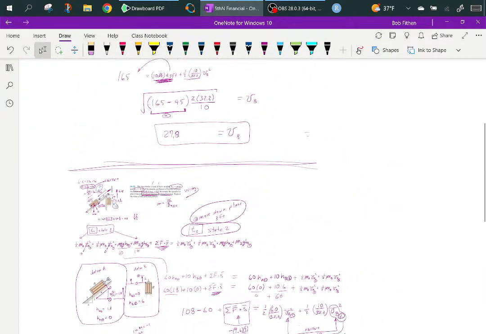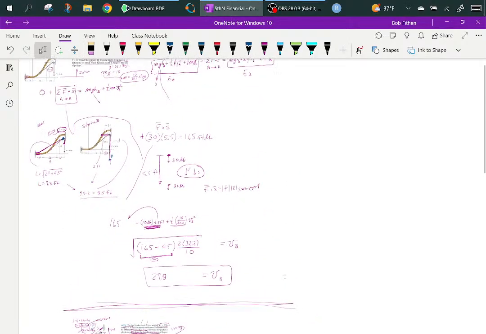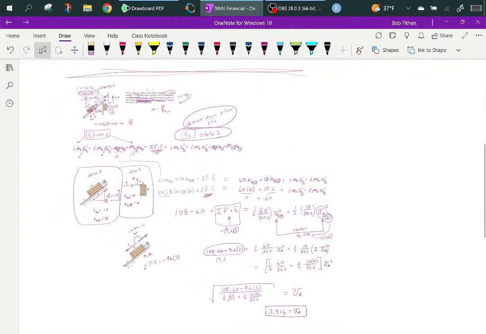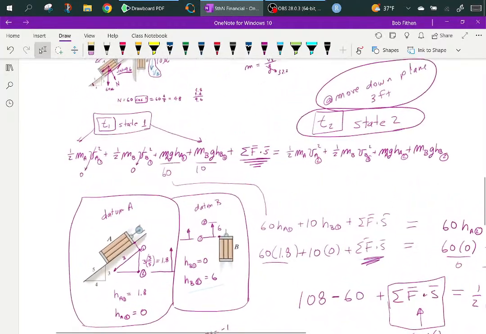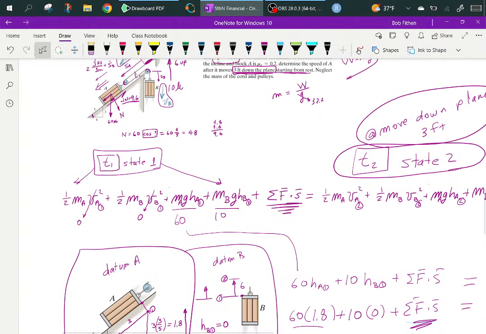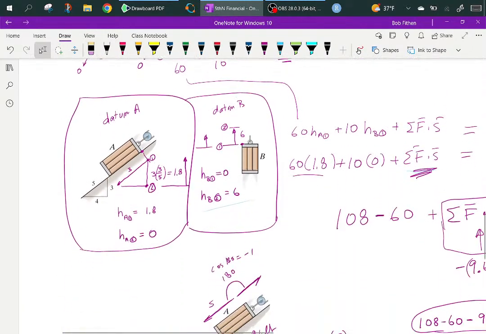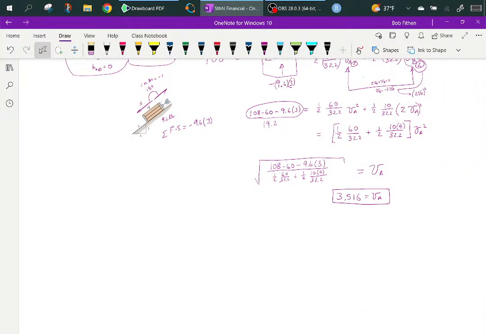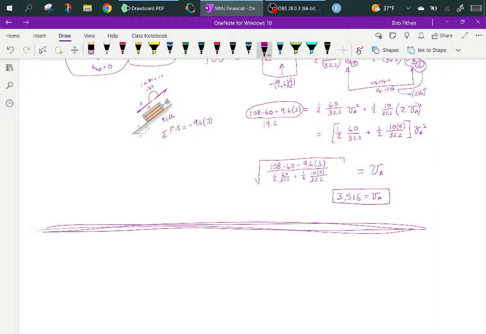Okay, so let's see, we solved that one. We solved this one. But again, my approach, okay, this one had multiple masses, so you have to sum all those. So what you have to kind of do in a generic sense, so here, I'll put a slide down here. Generically, it kind of looks like this. Sum of all the masses, sounds weird,